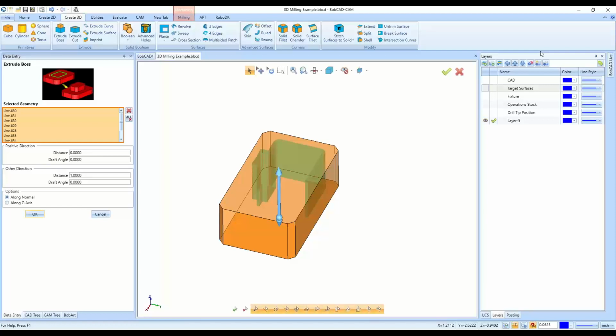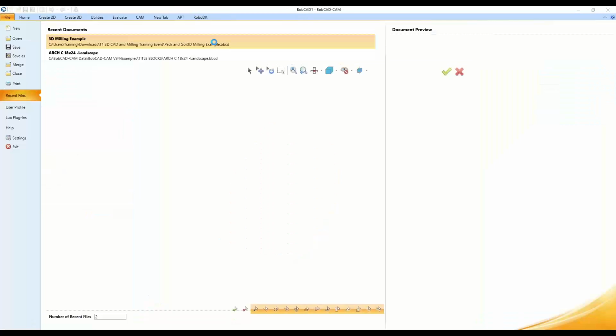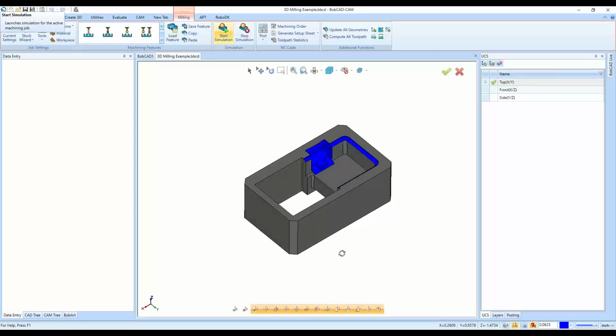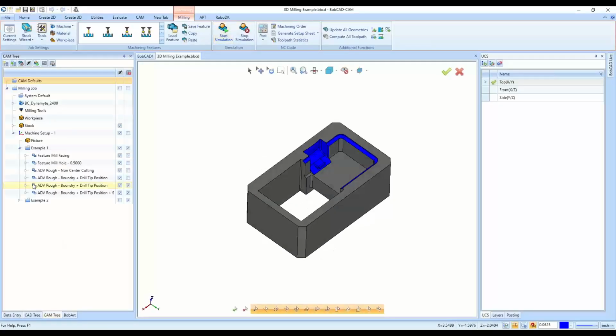So again, a good reason why we have saving. So we just go right back to where we left off here, and then we'll go back into the CAM tree. We'll go to that feature that I have for